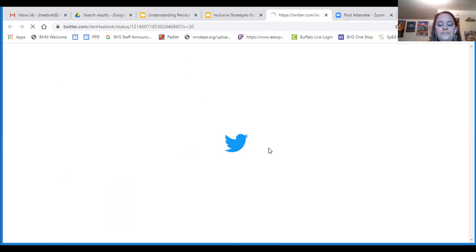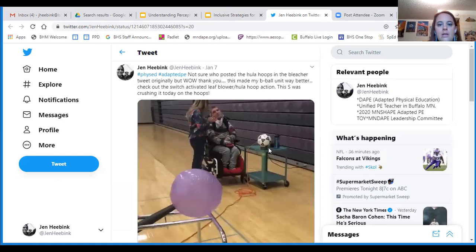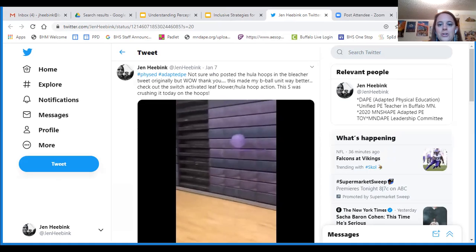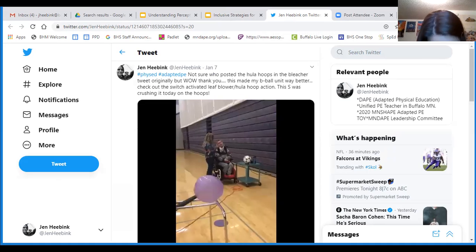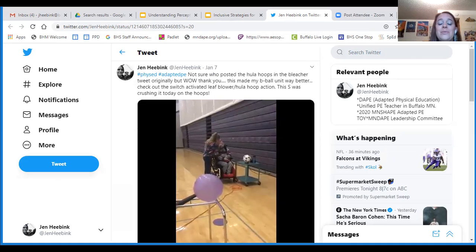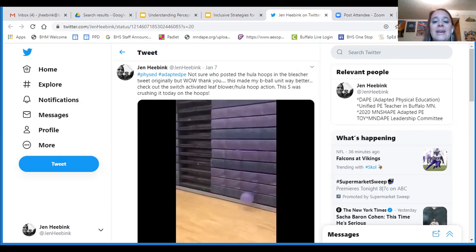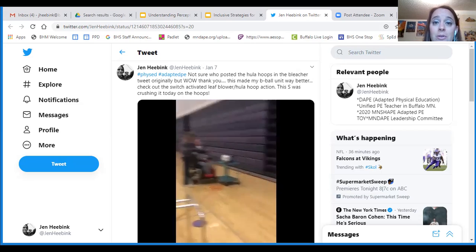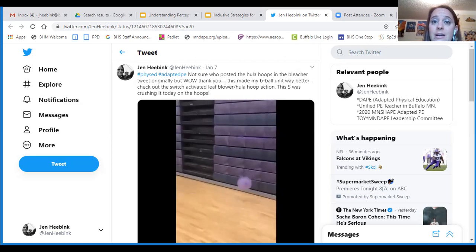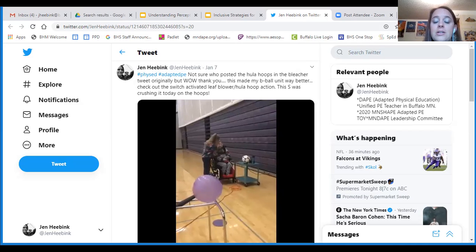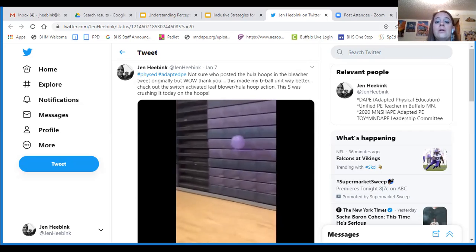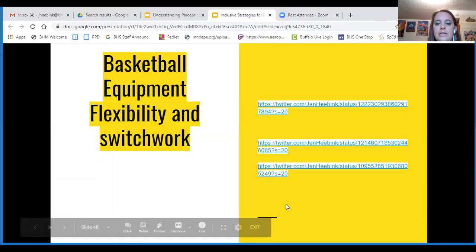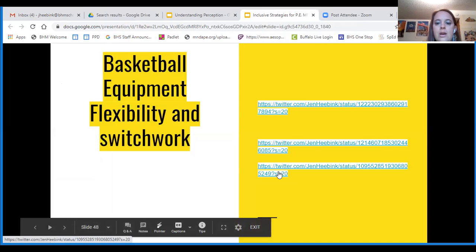Okay, here's another one. This is my student using the switch, and he hit it, and we cheered so hard because he made a basket. He's never made a basket in my class. We never gave him the opportunity. So I say, give your kids the opportunity, because the feeling you feel inside as a teacher when they succeed is unlike any other, and your other students will witness that too, and they will make a connection to that student, let me tell you.